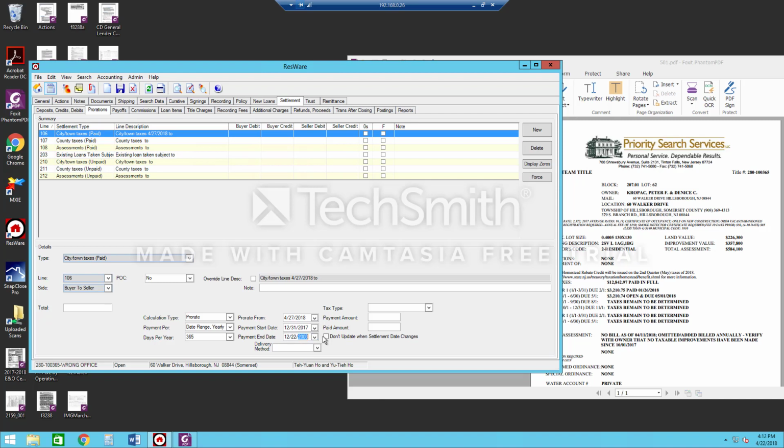Sorry, you don't need to hit the backslashes, by the way. You can just type it in, and it's going to jump there. That was my mistake. So it does that. Prorate date range yearly. The payment amount here is the total amount that we're going off. Remember, since the 2018 total is not available, we're doing the 2017 total, which is